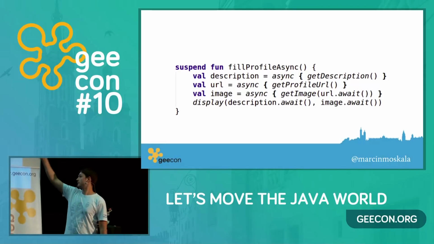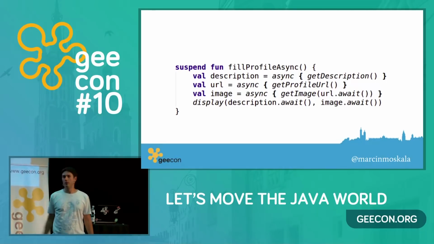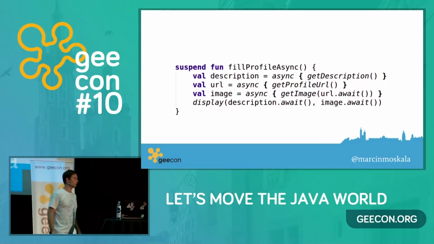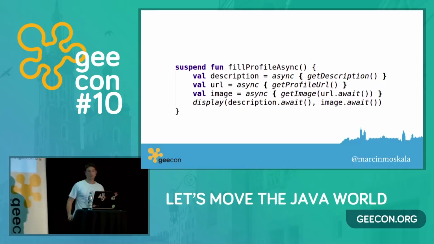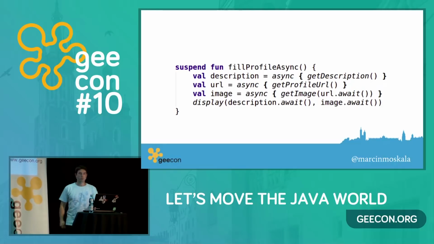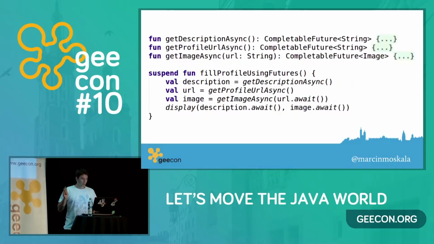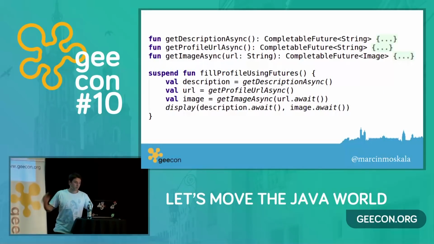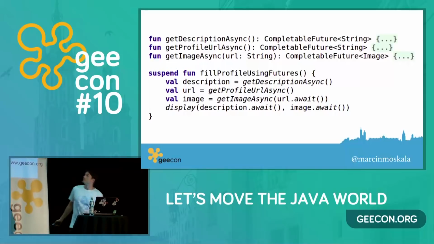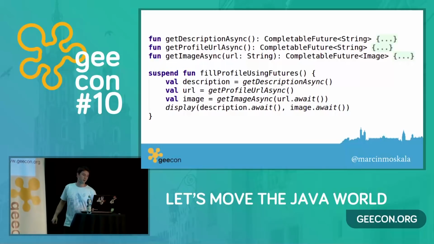And you can have async await. Just this await is a suspending function, so you need to invoke it in some coroutine builder or in async or in a suspend function. So async await is very, very simple using Kotlin coroutines. No need for special support for these keywords. You can also extract this async await into separate functions. So this is a completable future as an async await, and